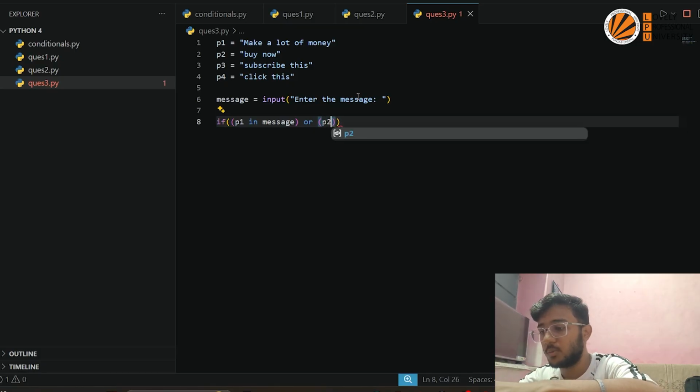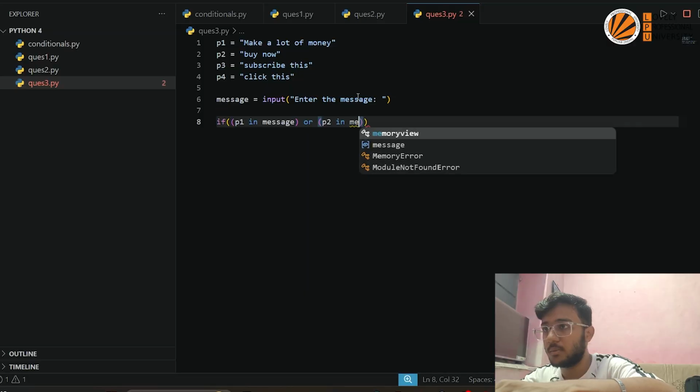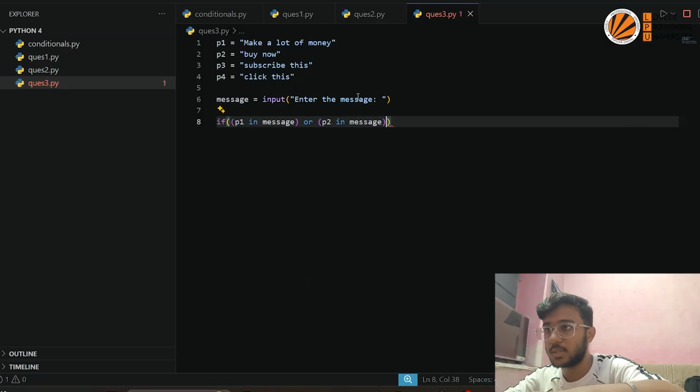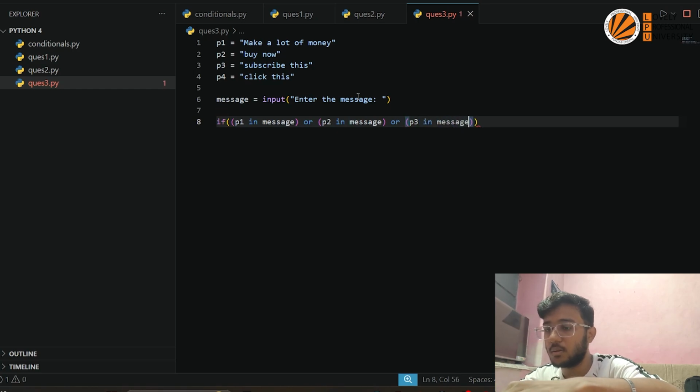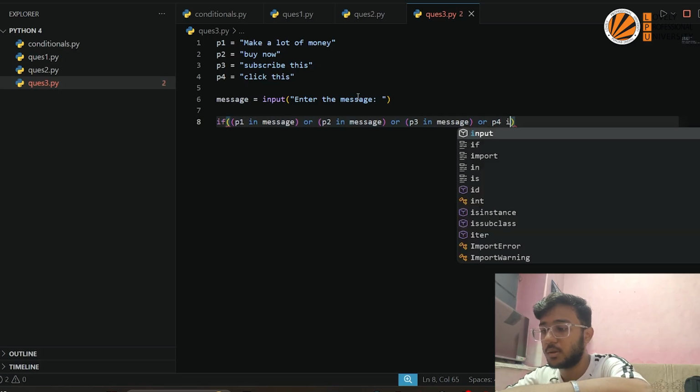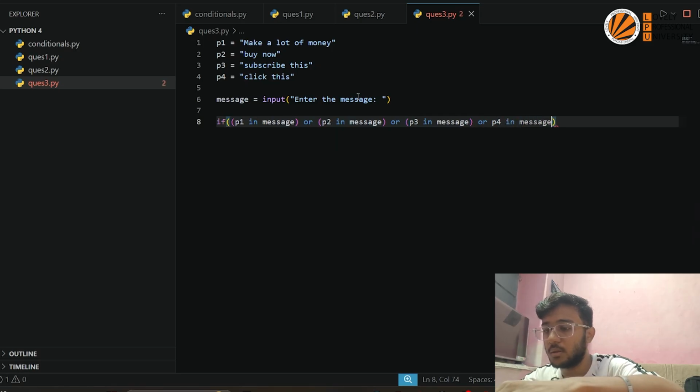And then P2 in message, or P3 in message, or P4 in message. That is how I have created 4 conditions inside if condition here,